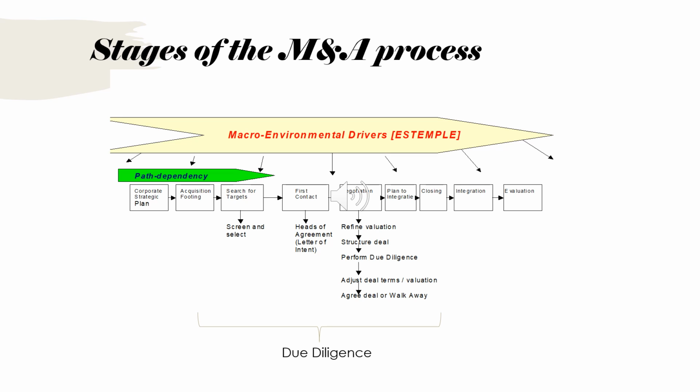And the other arrow is a green one on the left-hand side, which is path dependency. And this says that we all come from particular histories to get to this point, and they do affect the way we see the world and the way that we react. And this may be a form of unconscious bias. So an example here is when BMW took over the Rover car company in the UK.